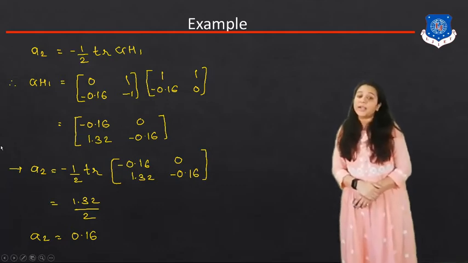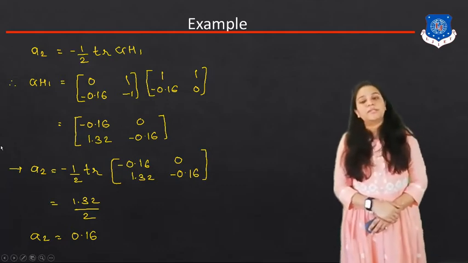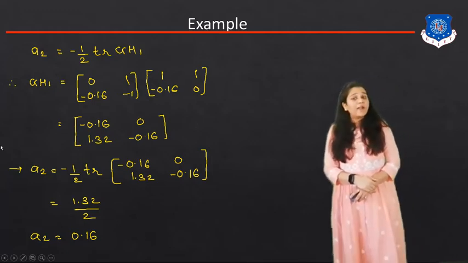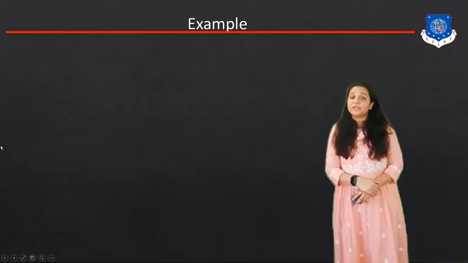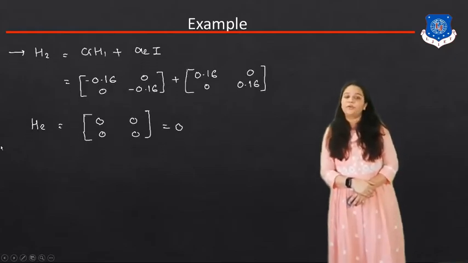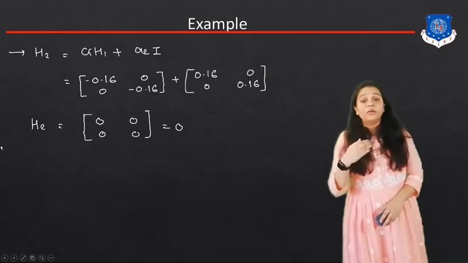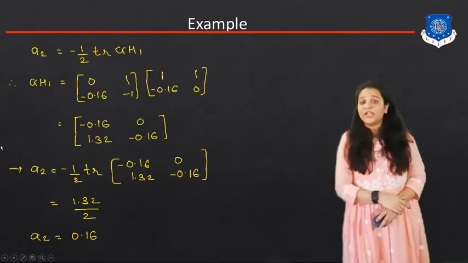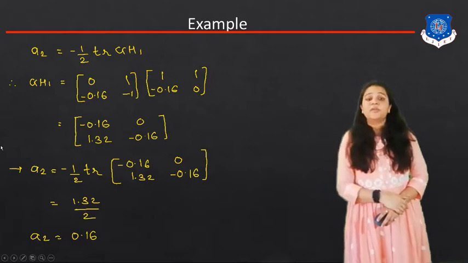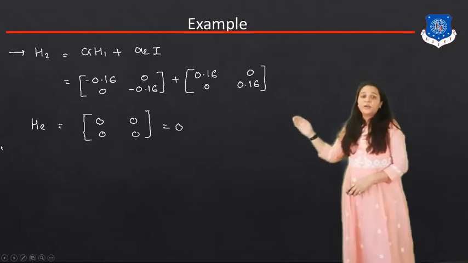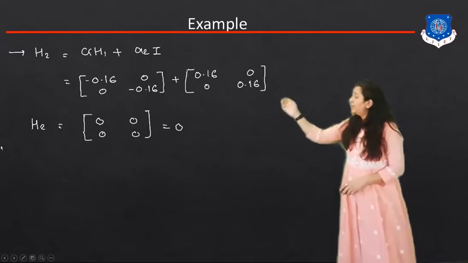So we can get A2 is equal to 0.60. Okay. Now next, we have to find the value of H2. So H2 is equal to G into H1 plus A2 into I. You have already done the multiplication of G into H1, so the answer of G into H1 is given here. Simply put this answer in this equation, and plus we have to multiply the A2 with the I matrix.